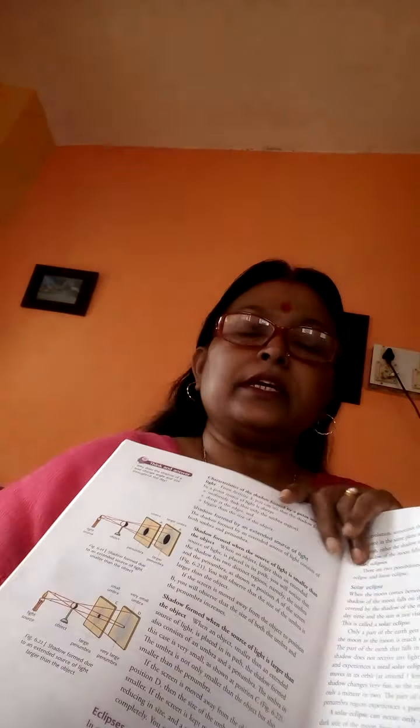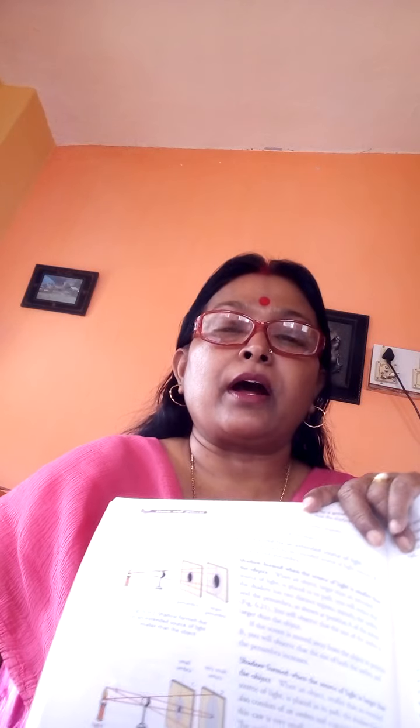Which one is the umbra? You see that one, the middle part is the umbra, other part is the penumbra. The gray part is the penumbra. On the screen, you will observe the size of the umbra is larger than the object.